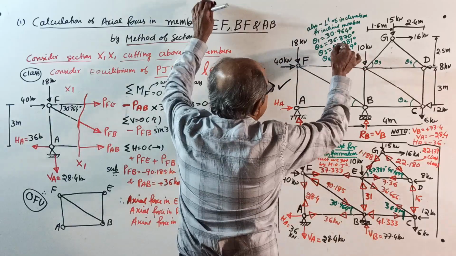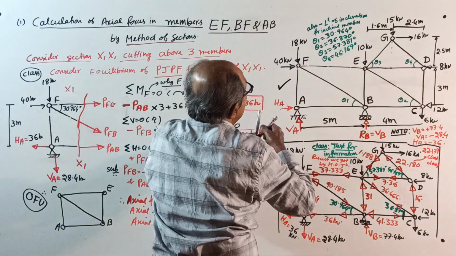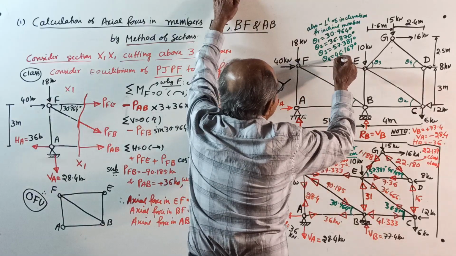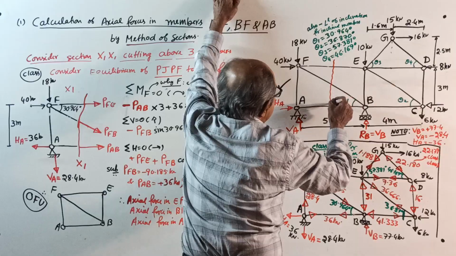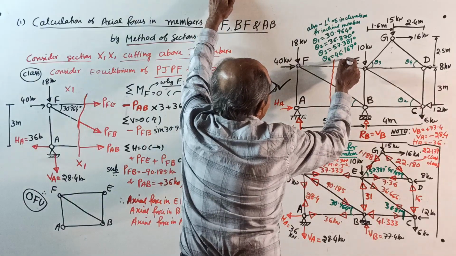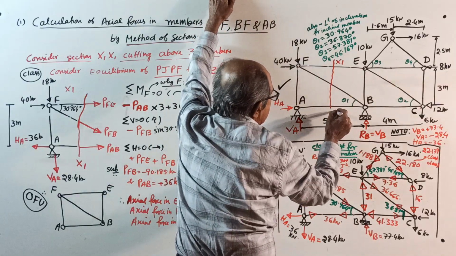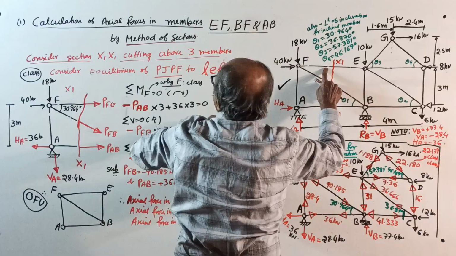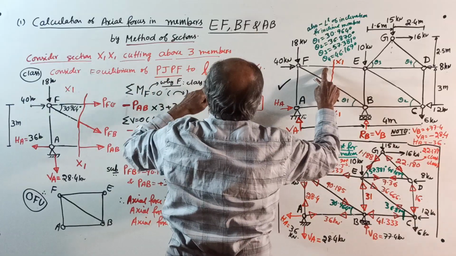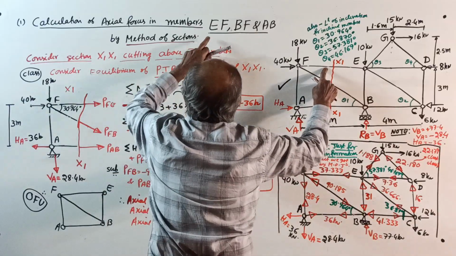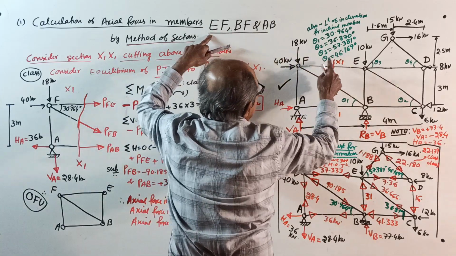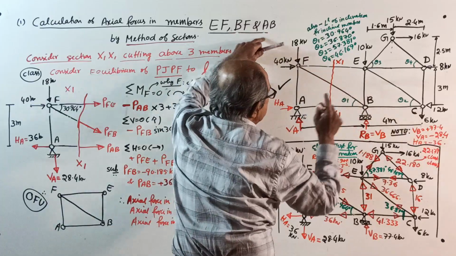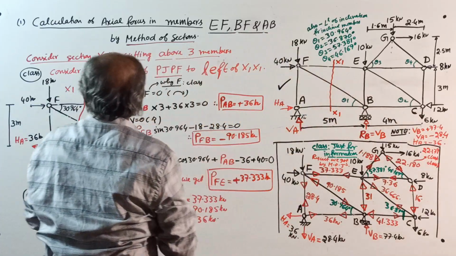See, those forces are disturbing there. Okay, no problem. In red color, cut anywhere: X1, X1 cut. This one, this one, this one. EF, or FE, both are the same. In alphabetical order: EF, BF, and AB. Now, class,